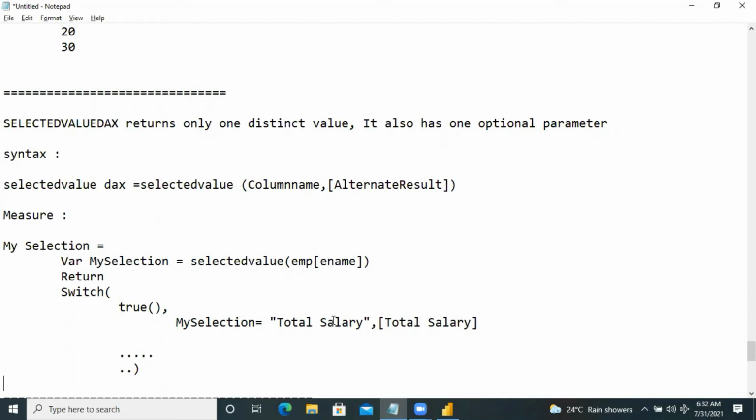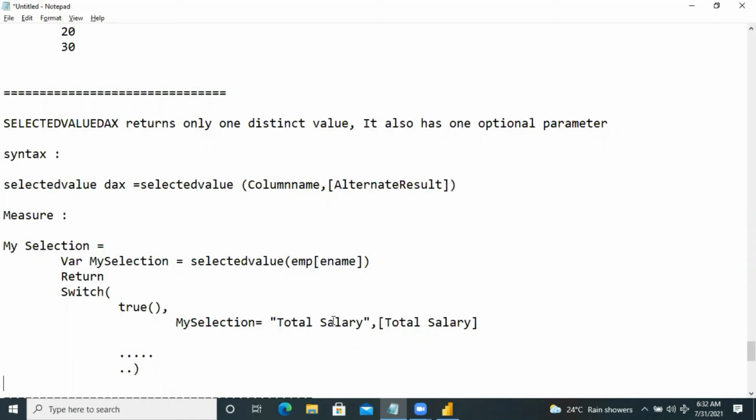Then I write the script: VAR my selection equals the SELECTEDVALUE function with the column name, then RETURN.